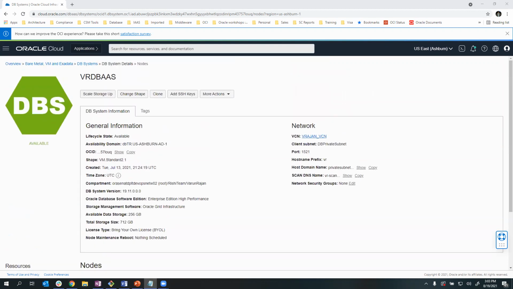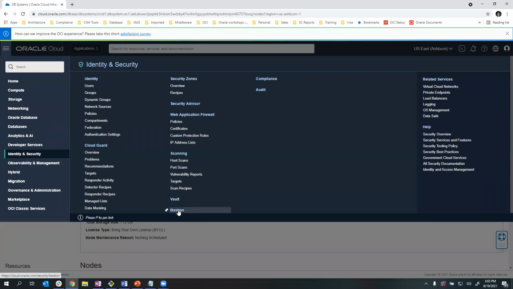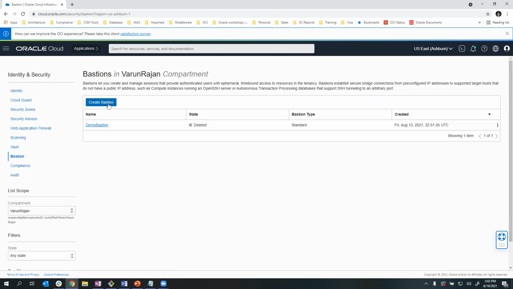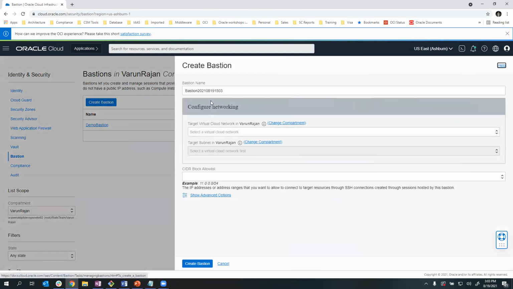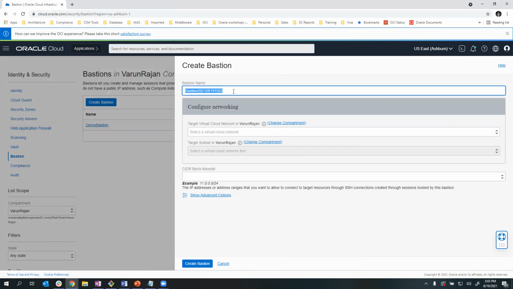So with that, let's go to the Bastion service. You'll find the Bastion service under our identity and security menu. And here you can click on the Bastion service. So I'm going to create a new Bastion service. You can give it a name, any name you want to. So I'm going to call it demo Bastion